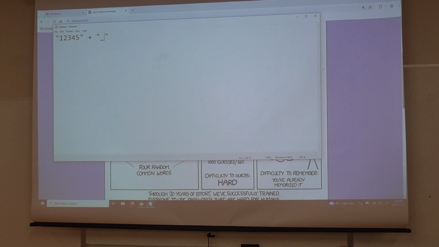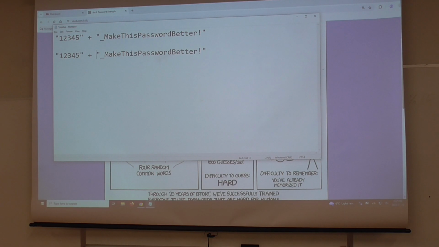So we would be doing this in PHP. Underscore make this password better. You now are hashing this thing rather than 1, 2, 3, 4, 5.